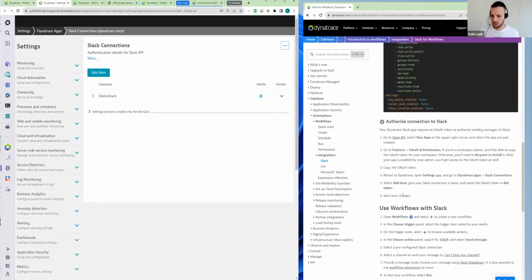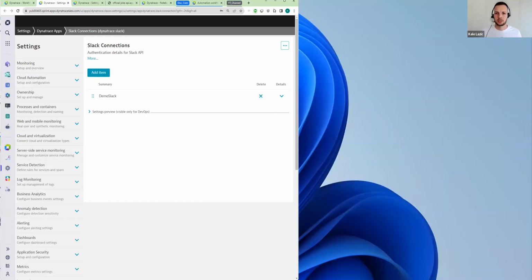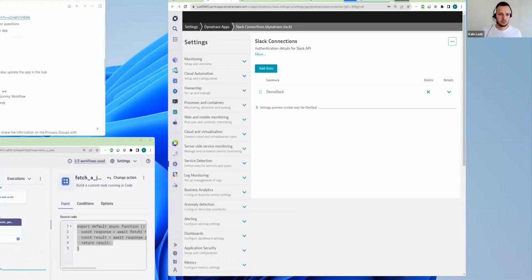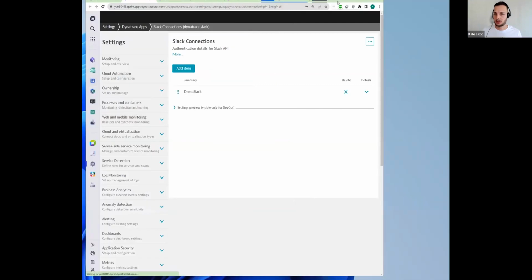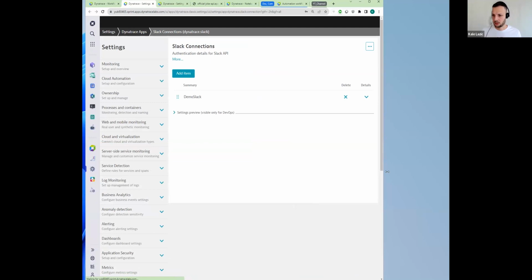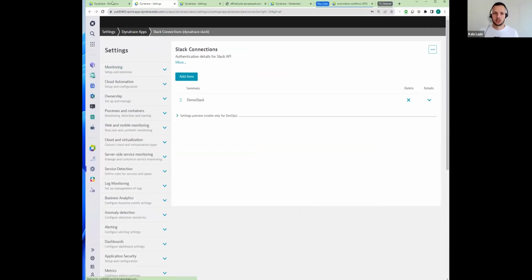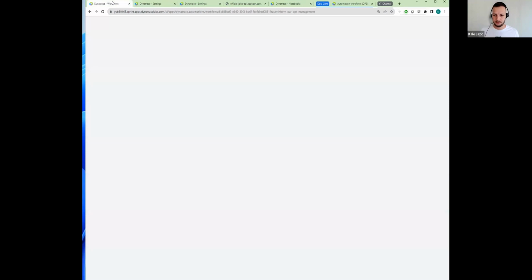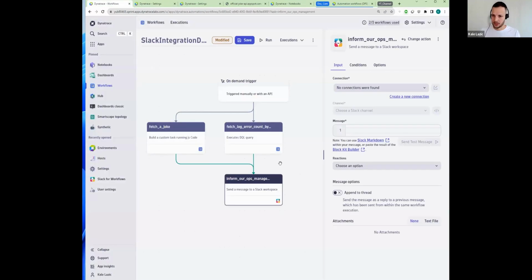Yeah, it says use workflows. So let's say we don't need the documentation anymore. I will just collapse it. Minimize this again a bit to increase the visibility. Like so. Okay. And let's jump back into the workflow. So now let's save this and refresh it and see if we can